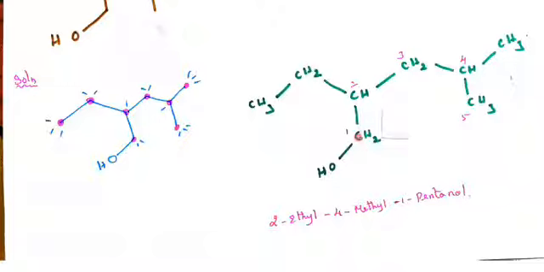We can give the numbering 1, 2, 3, 4, 5 like this also. Even then the fourth carbon will carry the methyl group. When you give it like this, fifth carbon here, the fourth carbon will carry CH3. But anyhow, this second carbon will have an ethyl group. The first carbon has the OH. For the numbering, the priority goes only to the functional group, that is OH.